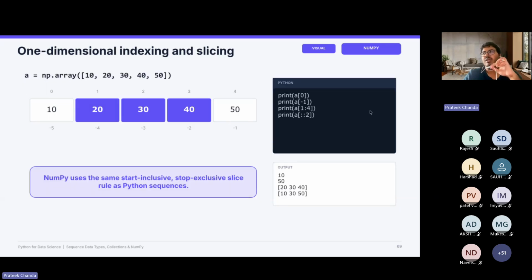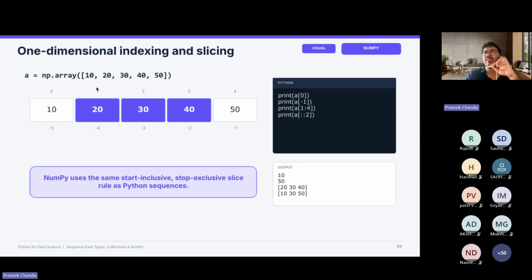The other thing is about indexing and slicing, which we also discussed last time around lists and arrays. Similar to that, we also have this property in the case of a NumPy array. Given this array of 5 numbers, you can give index numbers here. These are all zero indexed, so it starts at 0 and goes on like that.